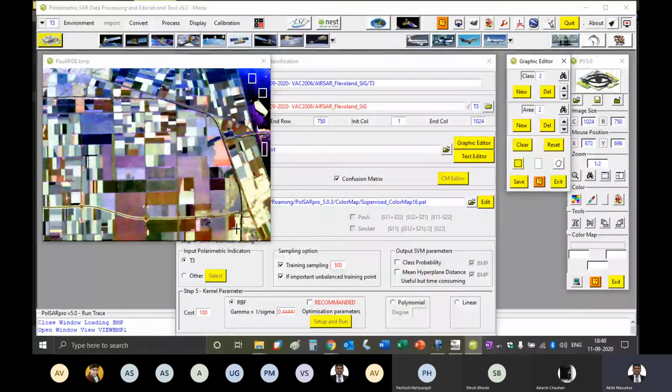You can also give one more small one here. Okay. Then you can go to new class 2. And again, you can give one training area here. Then here. So now I'm on the purple color class. And there are few more.